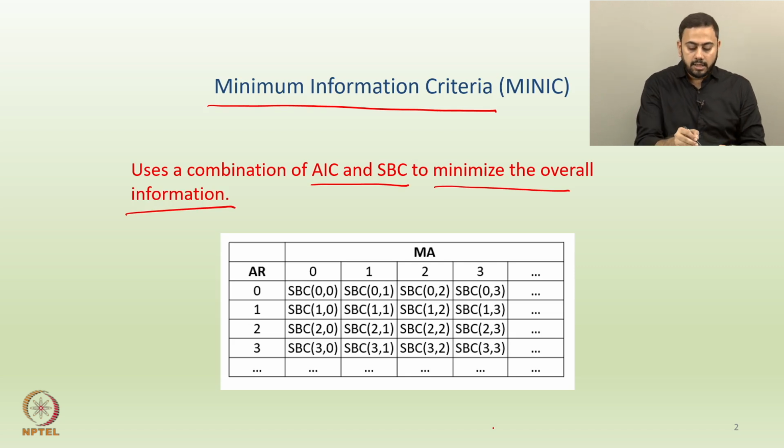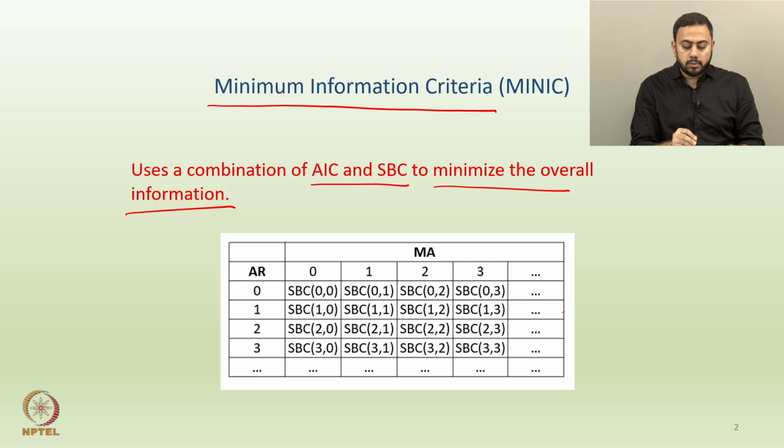So let's say you have an AR kind of structure, and all these are the orders. If you see the first row in this table, the model orders for an AR model are given, so 0, 1, 2, 3 and so on. And if you look at the first row, this is MA, and just below that you can see the MA orders, right. So, the first column gives you AR orders, the first row gives you the MA orders. So, 0, 1, 2, 3 and it can extend, right.